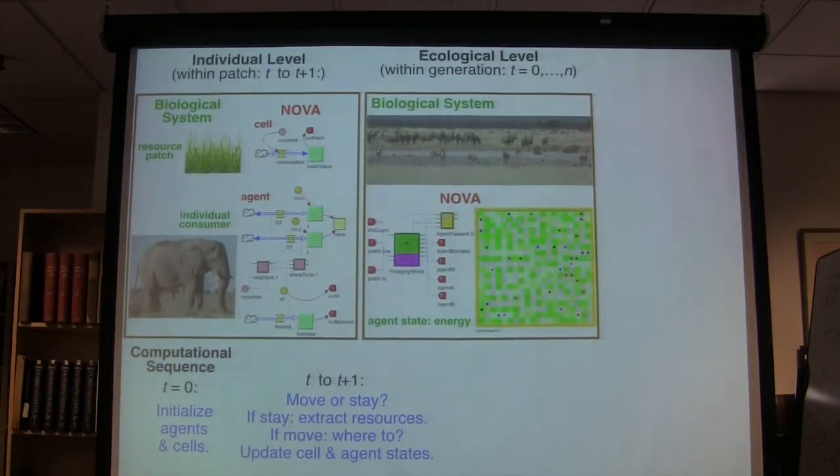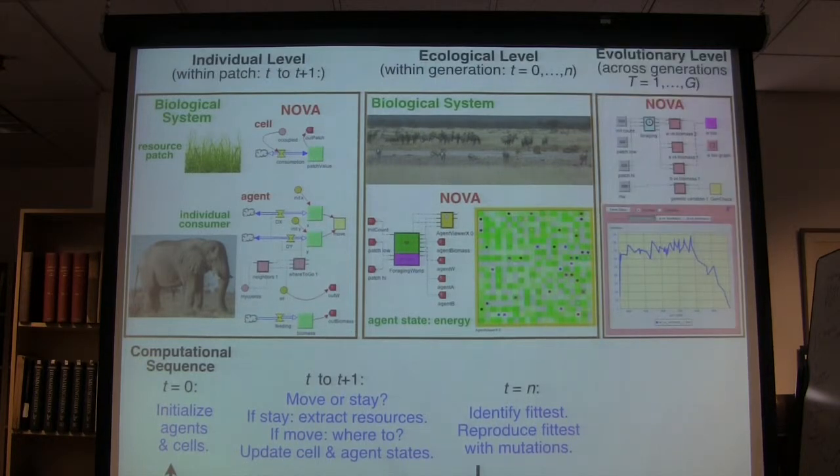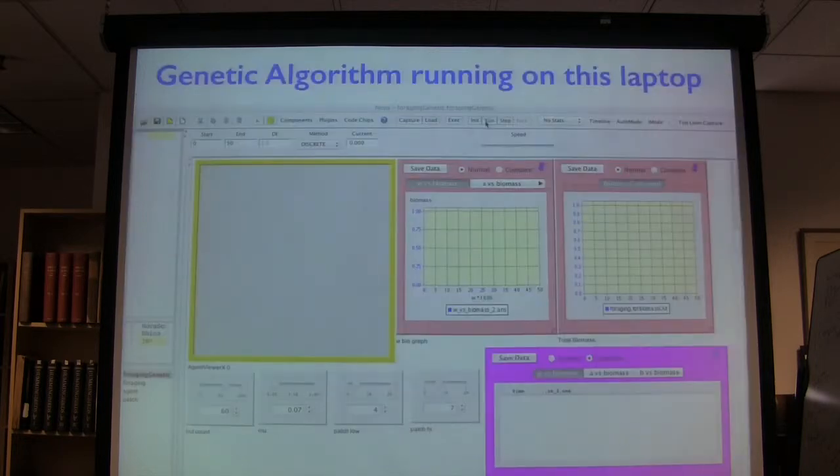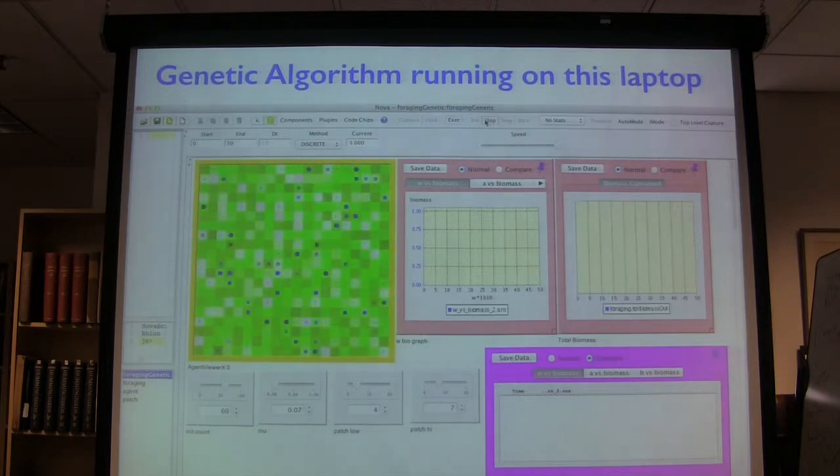Then you can run that, and at the end of each time period, you can see who collected the most resources. Then you can go back, but you can have an evolutionary level where you run this many times and you allow the parameters of each individual that was successful and reproduced to have new parameters and to have those mutate. And so basically you get a genetic algorithm that's going to run. This is kind of what a run would look like.